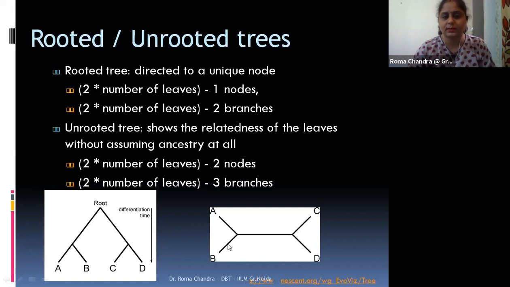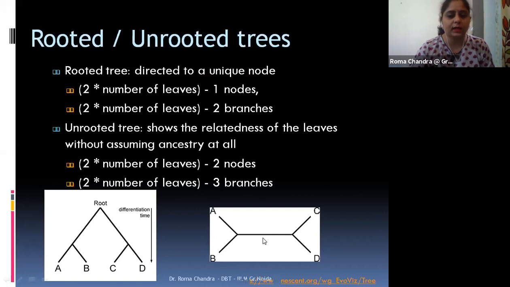Whereas in the unrooted tree, there is no common root, only the relatedness of the leaves is shown. There are two nodes, this one and this one, and they are connected by three branches.